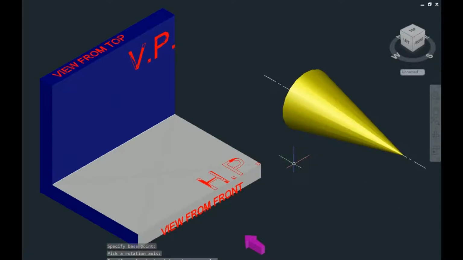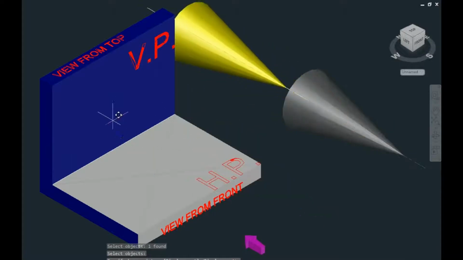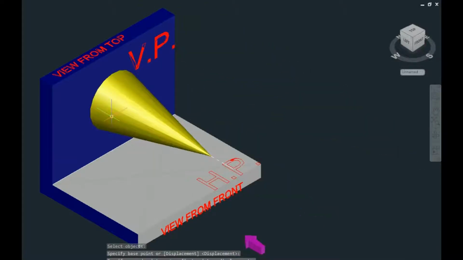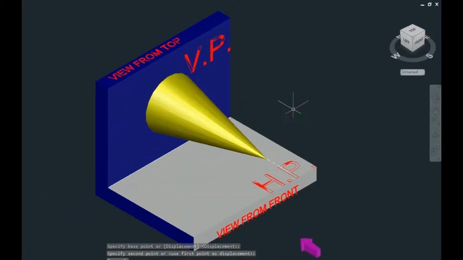Now it will become easy for me to place this on the vertical plane. Observe here that I will place the base of this cone on the vertical plane. Now this is the position of the cone which has been given in the question.